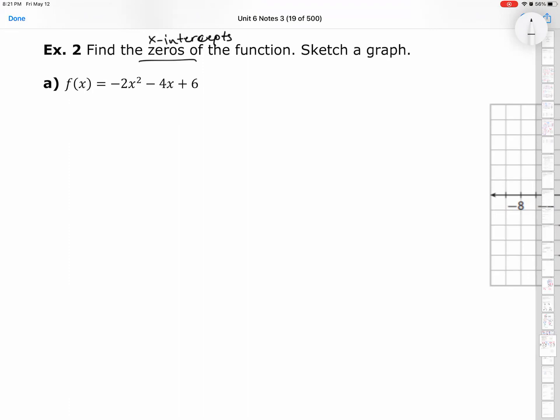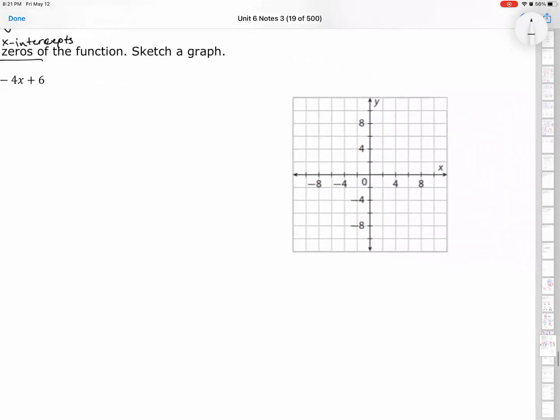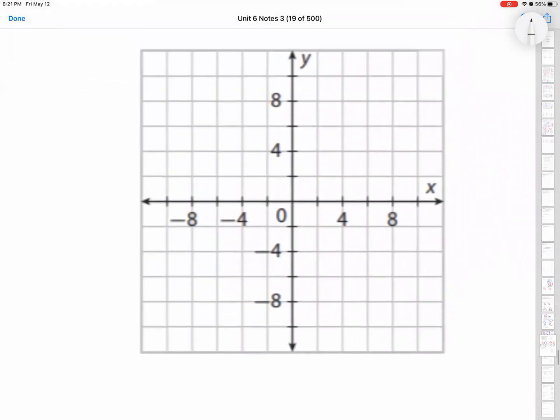Now, to do that, and there's subtleties with that, but it's the general idea of finding the x-intercept. Now, to find the zeros or x-intercepts, again, here's your graph. You're trying to figure out where it is crossing this axis. Well, we know that the y value is always going to be 0 if it's crossing this x-axis. And that's exactly why, because it'll be some point here and some point here, where your y value